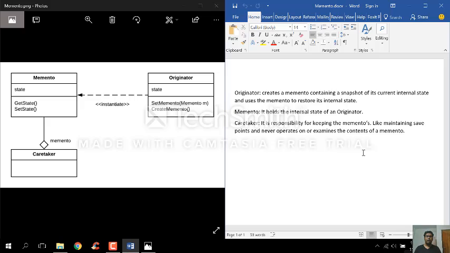Let's take an example, an employee database. An employee, Mr. X, has a salary of, suppose, 10,000 taka. We update his salary to 15,000 taka. If we want to roll back to the previous state where Mr. X had a 10,000 taka salary, then in this scenario we use the memento pattern,